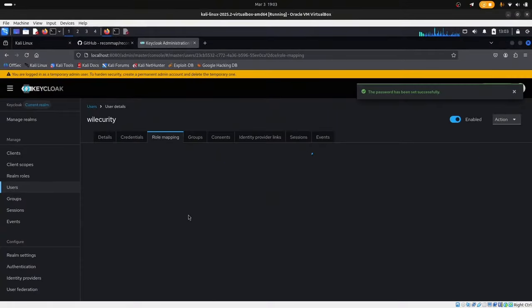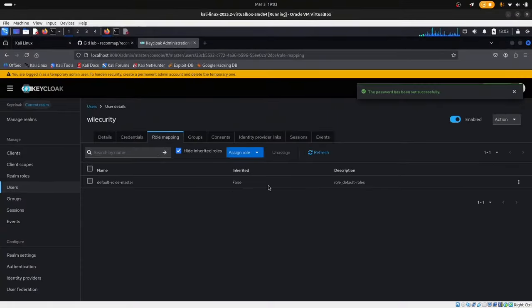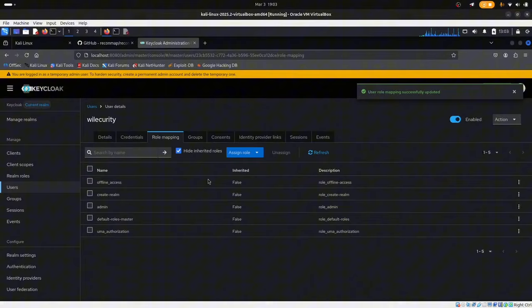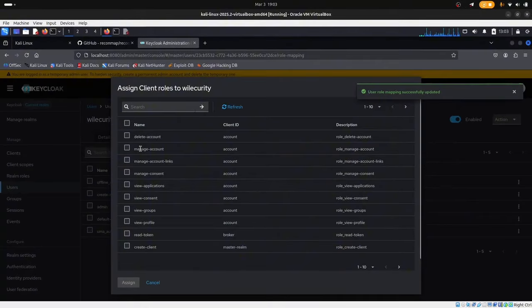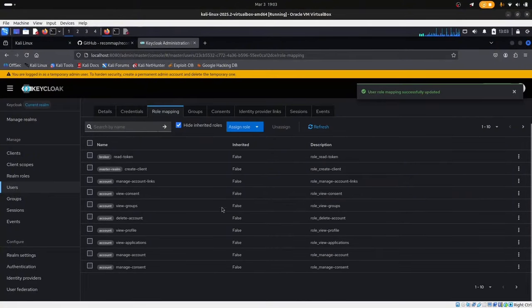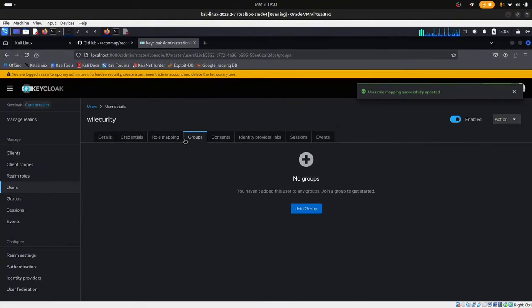Then for the role mapping, default role master first, I can also assign some other roles. You can see I'm going to assign all roles to it. I can assign all roles to it. Then also I can assign client role to it, but okay, let me just do everything. So they have everything here. I assigned everything to it. You can do everything. Then the group,